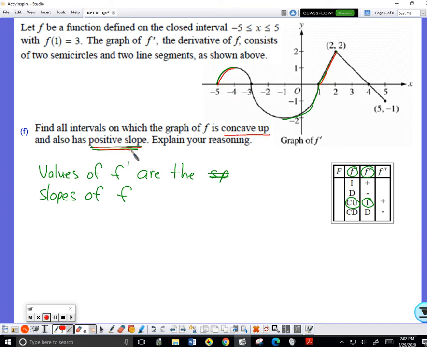So I have to write that down now because it said to explain my reasoning. So I would say f is concave up when,